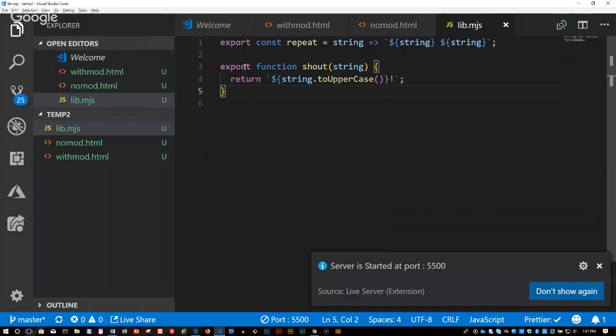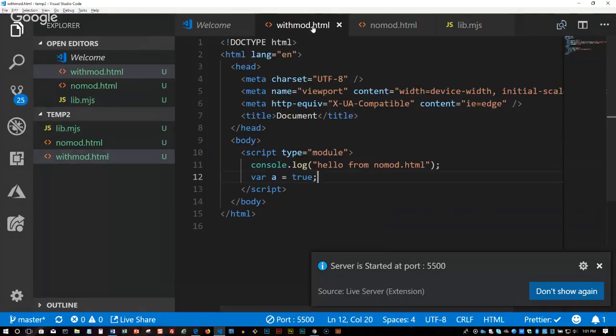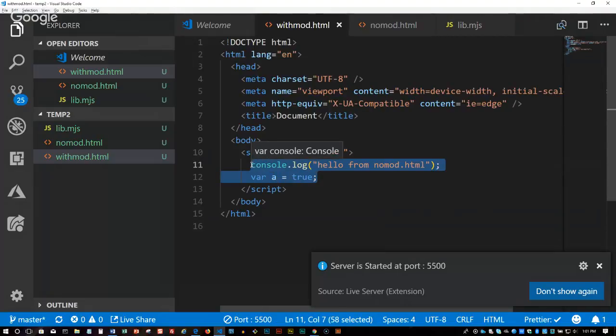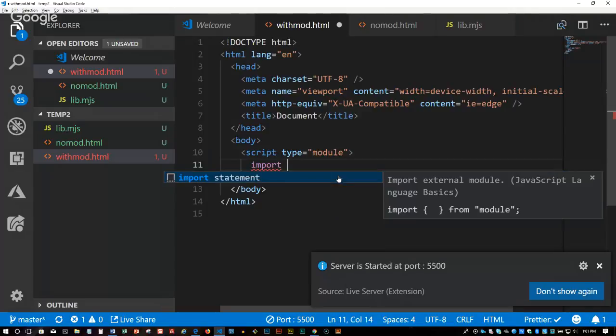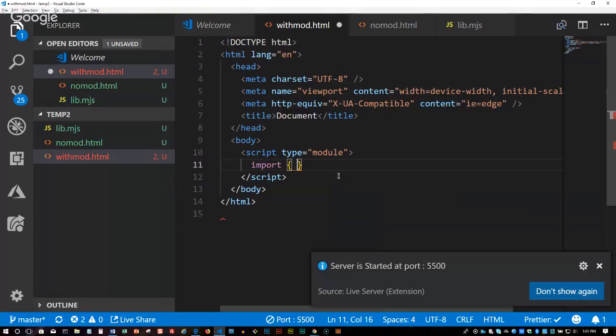Here's how to do it. In both your files, you're going to have this. So let's erase our script so far from either page, with mod.html and no mod. Just erase what we have. Let's do this. Say import. Okay, that's a new keyword. Then we're using the curly brackets because